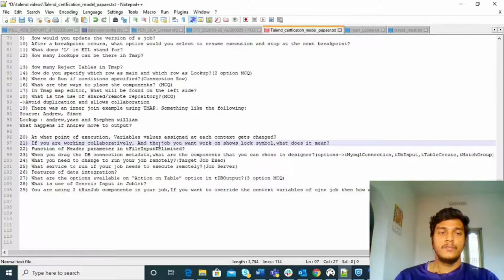That is what it will show. So, the functions of the header parameter in tFileInputDelimited. As I already explained, you need to have a good idea about each and every component. Here I have mentioned only the tFileInput component, but normally you need to have a good idea of